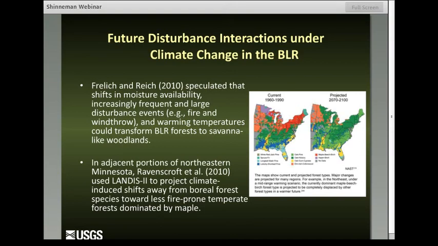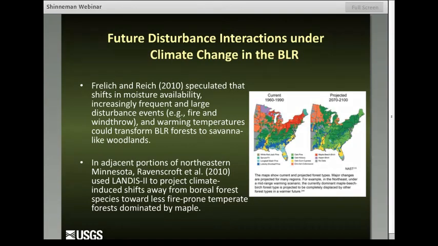But somewhat in contrast, again using a LANDIS-II model, Ravenscroft et al. looked at some adjacent areas in northeastern Minnesota and projected a climate-induced shift away from boreal forest species toward less fire-prone temperate forests dominated by maple. Depending on additional scenarios that they looked at, they were able to retain some conifer components on the landscape, red pine and white pine, for instance, but in general, most scenarios would move more toward a maple-dominated future. So clearly,